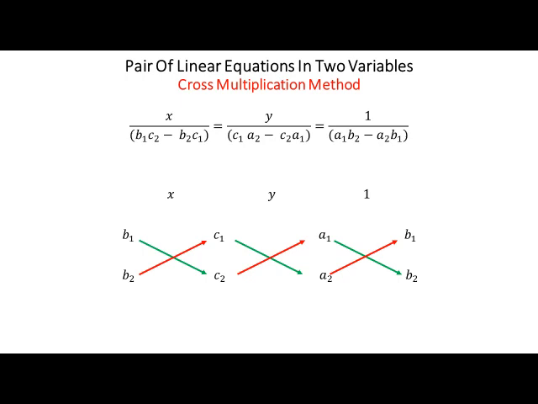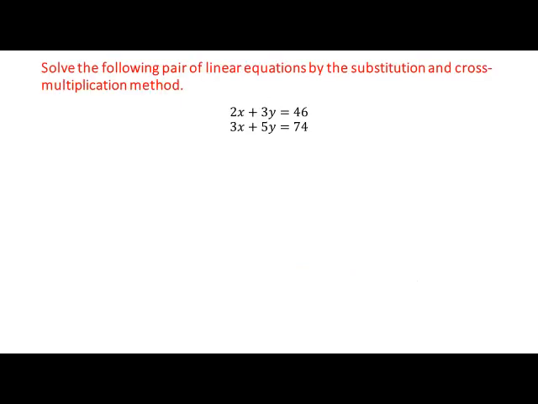Now as we move from the first row to the second row, that is when we go from B1 to C2 diagonally, we get a positive value as a product, whereas when we go from B2 to C1 we get a negative. I have told you that between 1 2 and 2 1 there will always be a negative sign. So I have marked green arrows for positive products, whereas red arrows for negative products. It will be easier for us to understand the cross multiplication method.